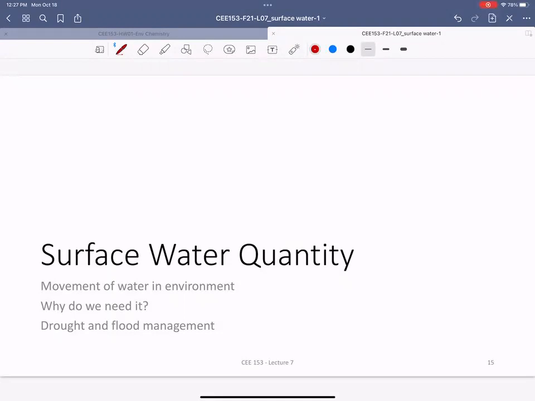All right, surface water. That's the main goal of today's class. When we talk about surface water, it is what we see on the Earth's surface. That could be pond, lake, river, ocean, all that counts as surface water. But for this class, we are mostly interested in fresh water, not ocean water, because that's what we need for drinking. That's what we use for daily life. As you can see, we are in the middle of a drought in California. So one of the biggest challenges is how to know how much water we have